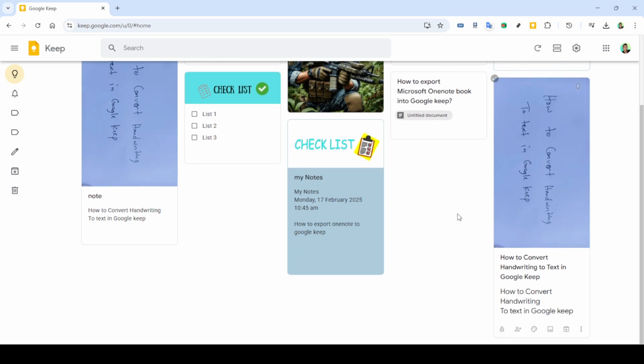converted, all that's left is to close the note. You'll see another close option at the top right. Click on this to